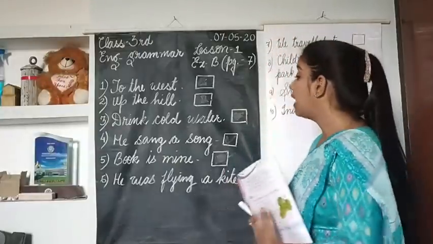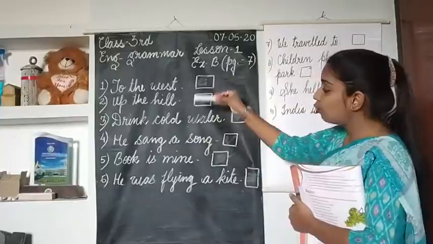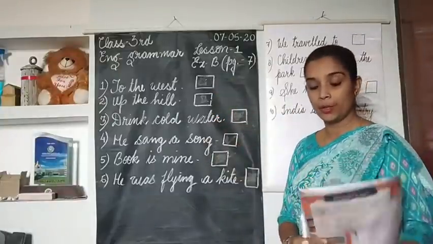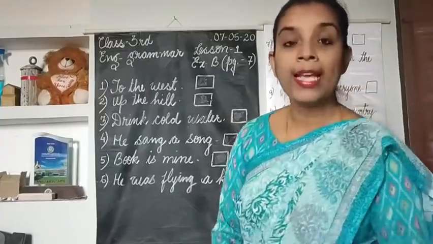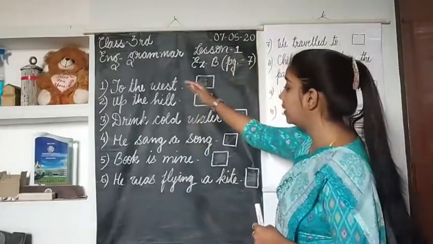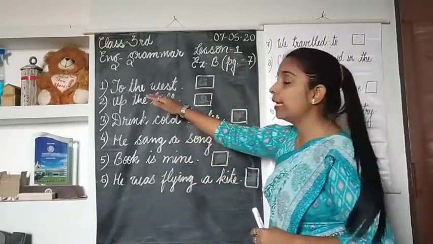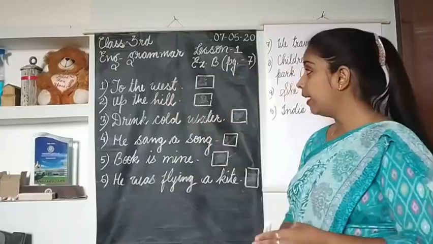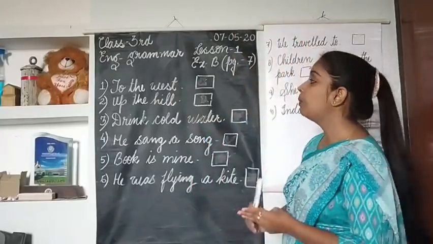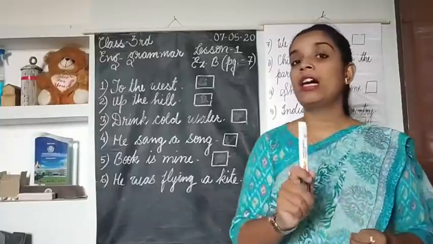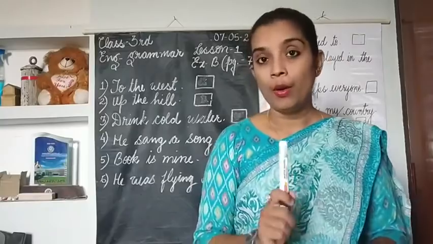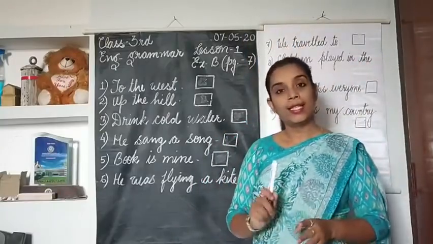So you will have to identify which group of words is a sentence and which is not a sentence. Now, you all know very well, children, that a sentence is an ordered group of words. First of all, whatever words are there in a sentence, it should be in an order. Second, it must carry a subject and a predicate. And the third most important thing is that it should make some sense, it should give some meaning. Then only it is called a sentence.